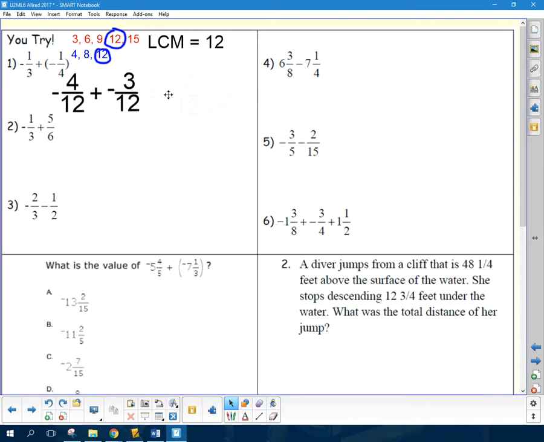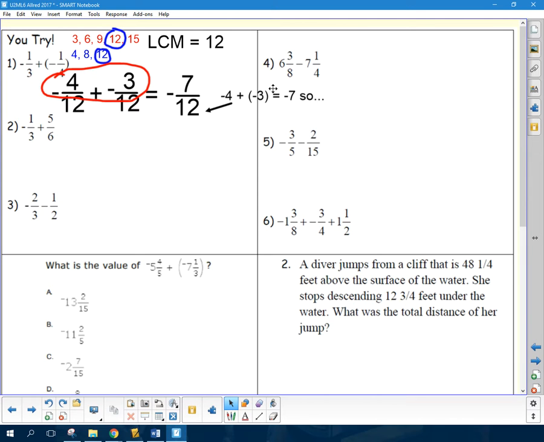Okay, and now I can add my numerators together. So I'm going to look at -4 plus -3. I'm going to treat it just like a Unit 1 problem. And I remember way back in Unit 1 when we added two negatives, we got a bigger negative, a colder or deeper negative. So -4/12 plus -3/12 has to be